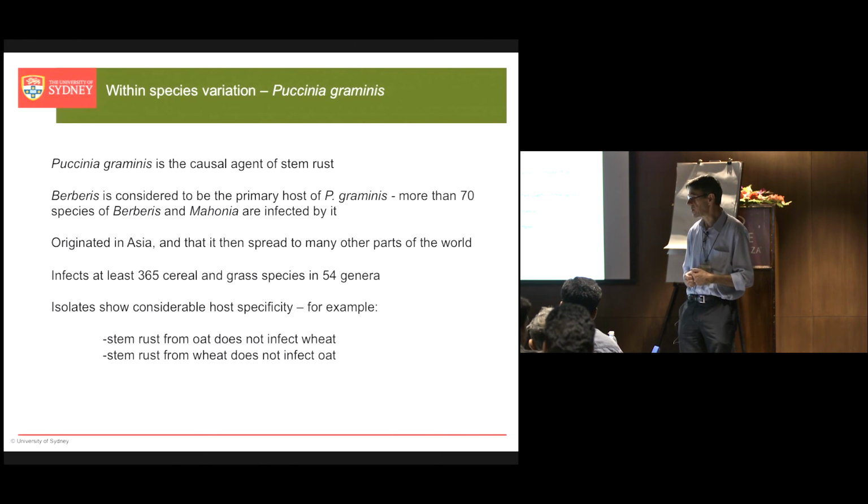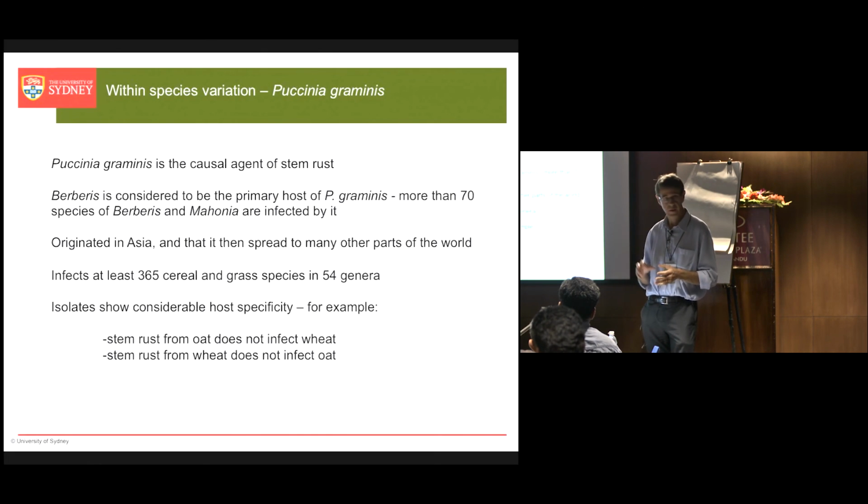In my experience, stem rust of oat infects oats. It doesn't occur on wheat. And conversely, stem rust on wheat doesn't infect oat. And yet those two different forms of Puccinia graminis are morphologically almost identical.